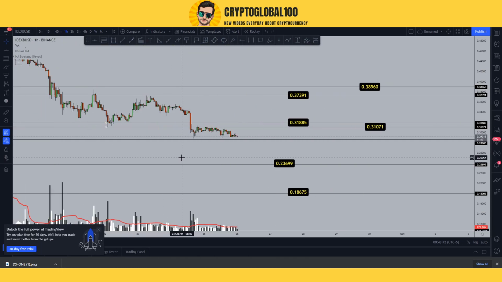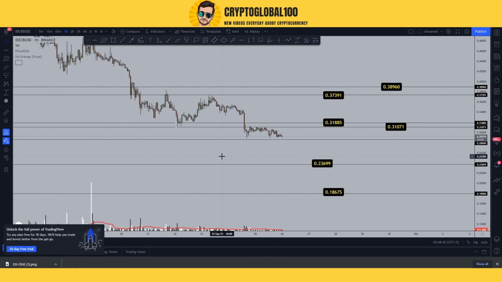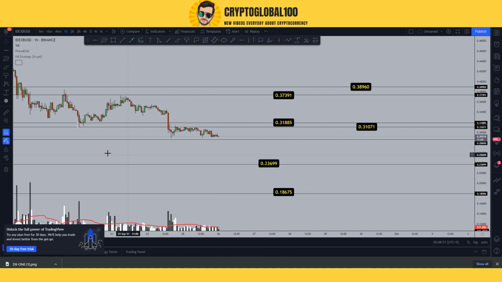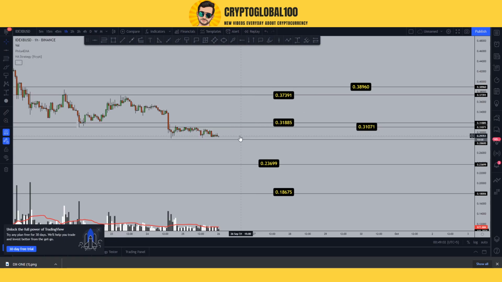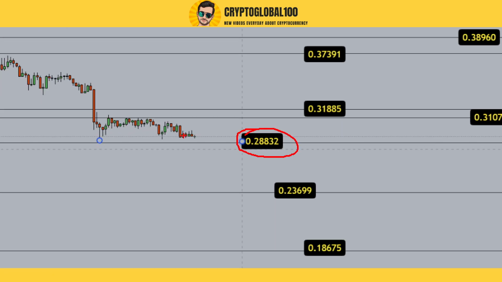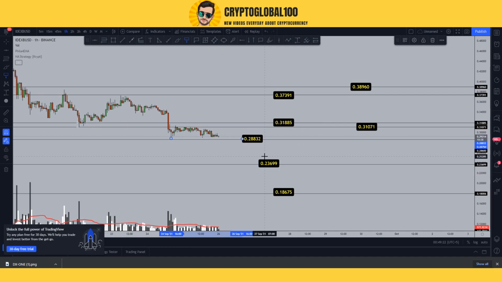Whatever the price movement, the levels which get a breakout need to be retested in the future. So this is what I think, that these levels can be retested. Right now it is in a very low momentum form, and the price might accumulate. If it accumulates over this level of 0.28, if it forms an accumulation zone, then try to accumulate at this level, and once it breaks out, we can have momentum towards the upside. Otherwise the price is going to fall back to 0.23699.